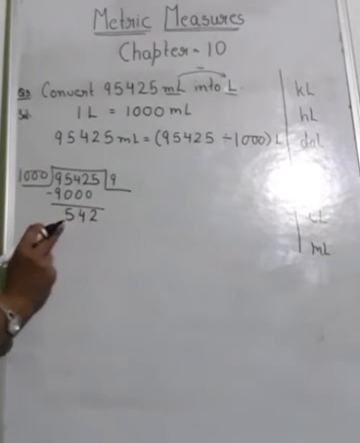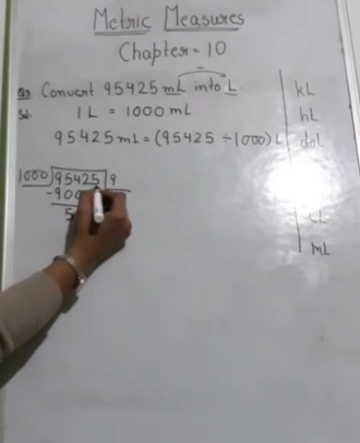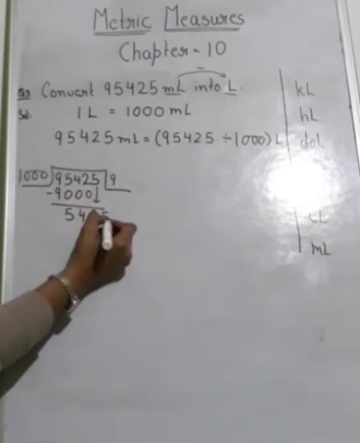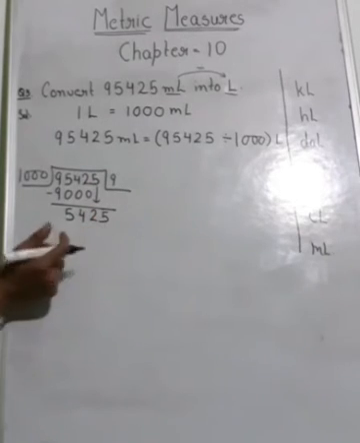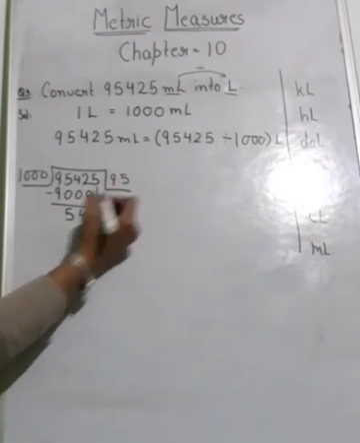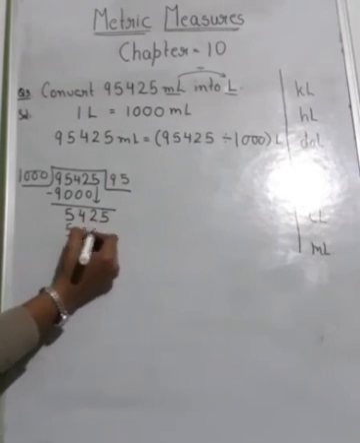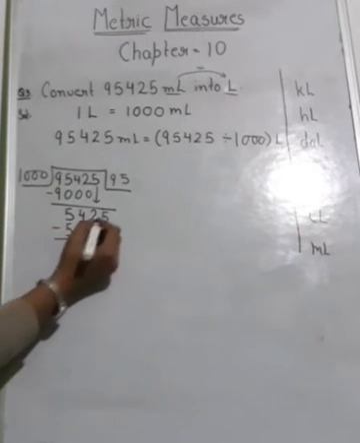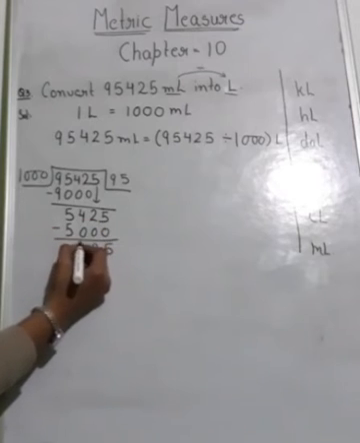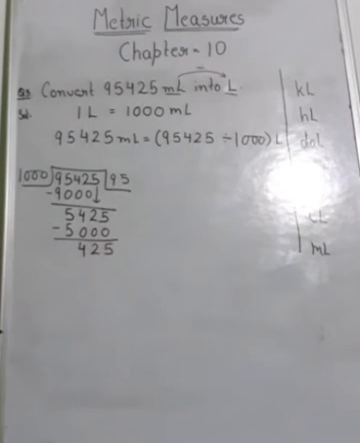Now it is coming 542. So you will write down this 5 over here. Okay, 5 is coming over here. Now it becomes 5425. So now 1000 5s are 5000. Clear? Now do the subtraction again. It is 5, 2 minus 0 will be 2, 4 minus 0 will be 4, and 5 minus 5 will be 0. No need of writing it.